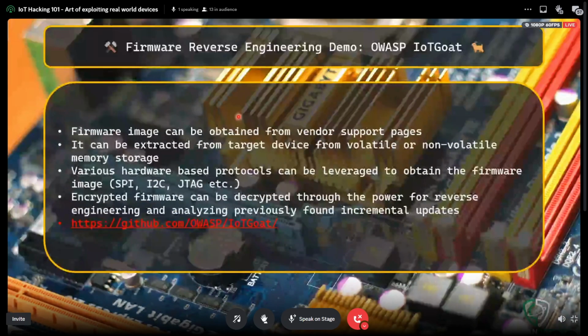So the firmware demo is going to be very simple. Why do we do the firmware analysis? Firmware images can be obtained from various vendor support pages. If you have your home router, many times you know the company or manufacturer behind it. Let's say you have a Wi-Fi router from TP-Link, and for God's sake, don't buy D-Link routers.